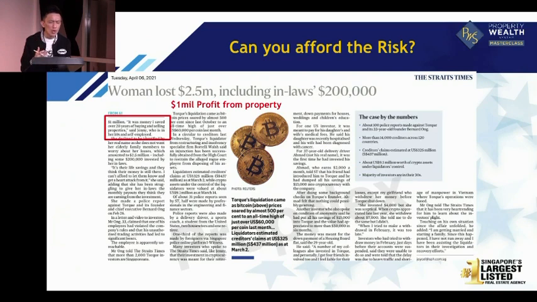Look at this. I saw the crypto. Today a lot of people are also losing money in crypto. Of course, there are people who make money, but there's also a lot of people who are losing money, and that's what I heard. I see people lost 2.5 million. He made 1 million in property, but eventually lost it all in crypto. Why? Because they have no control. But real estate is different.